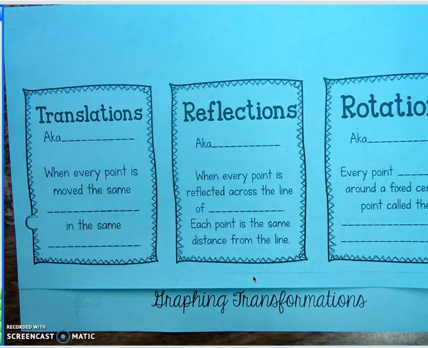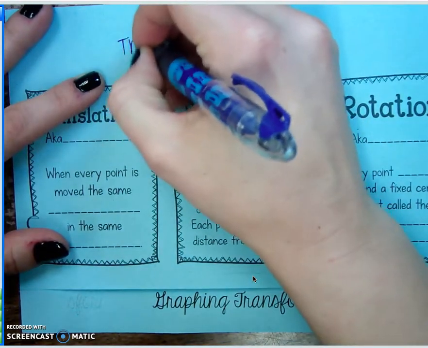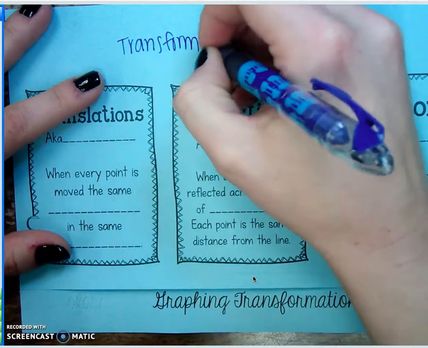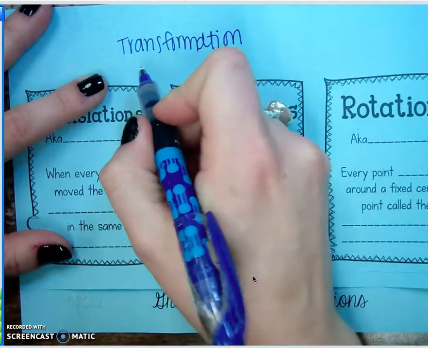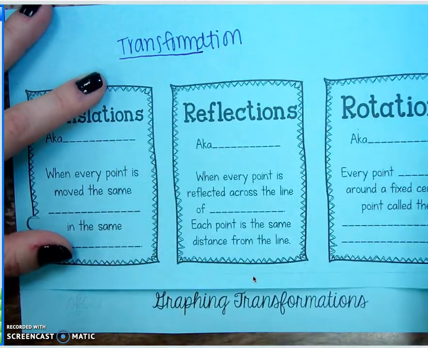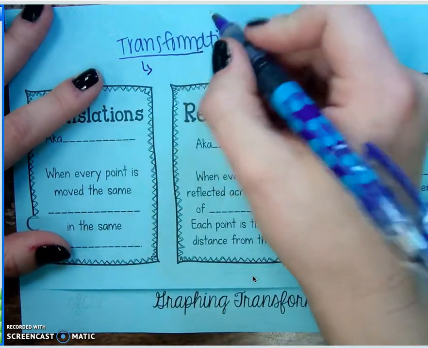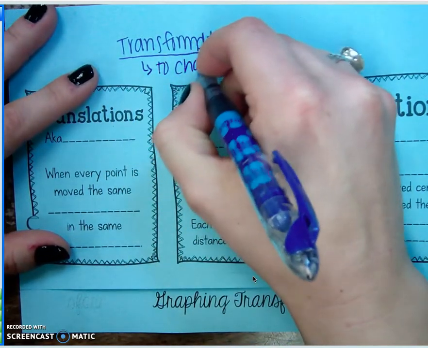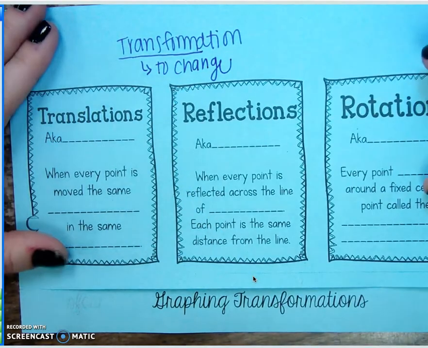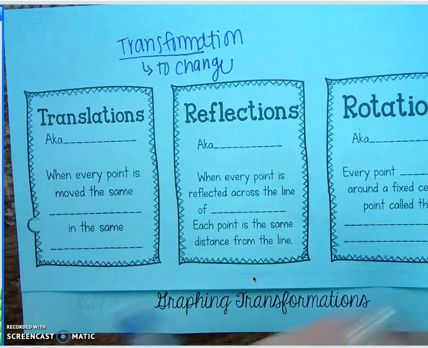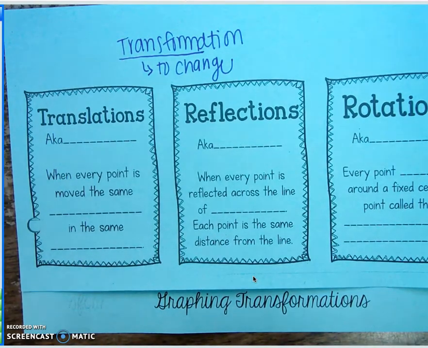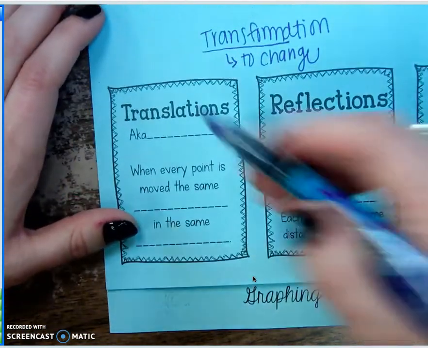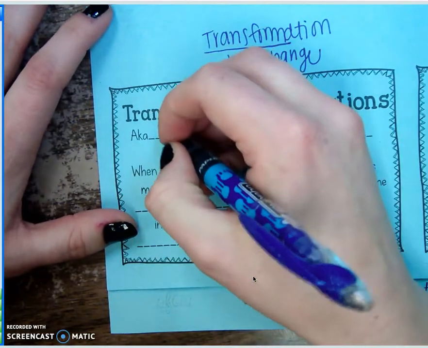All right, guys, this lesson is on transformations. When you see the word transformation, you see the word transform in it. We know that transform means to change. So all of these three different transformations are all different ways that something on the coordinate plane is going to change. So the first thing we're going to look at is a translation, also known as